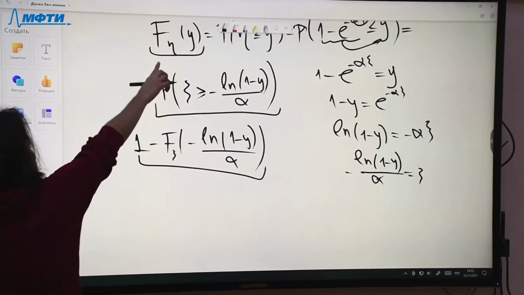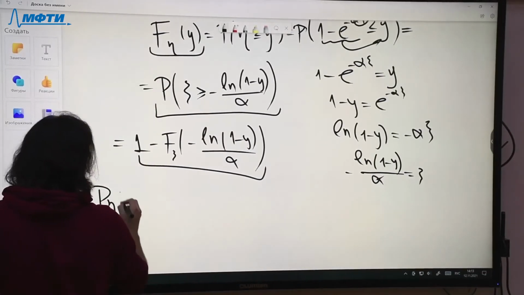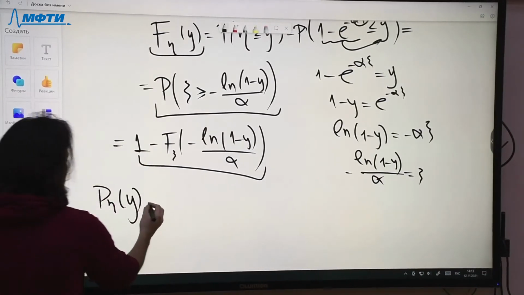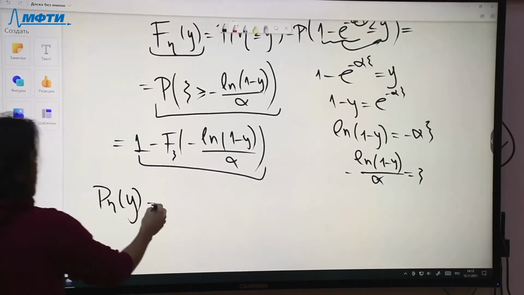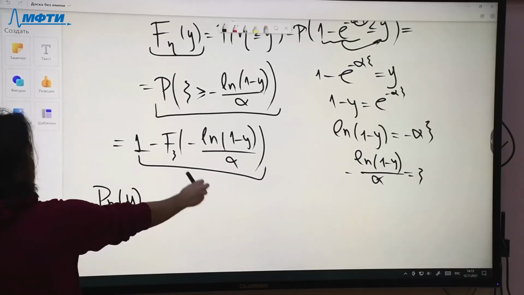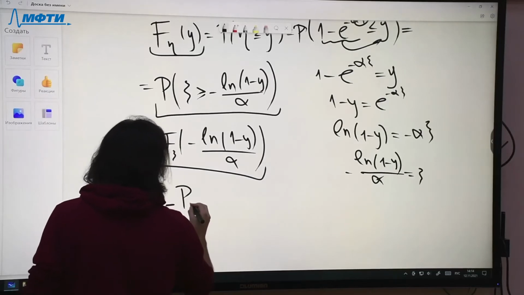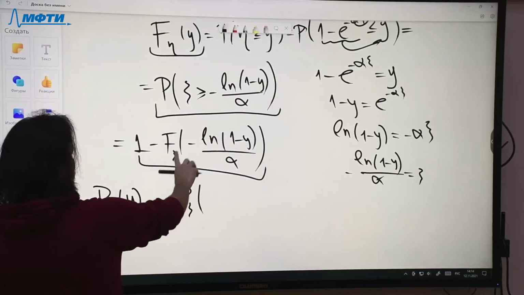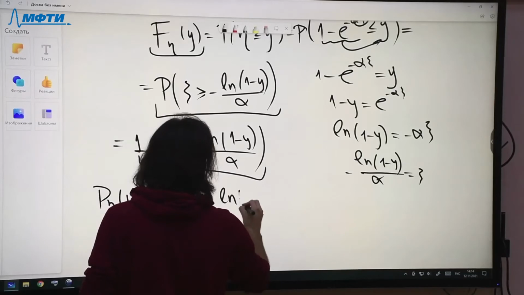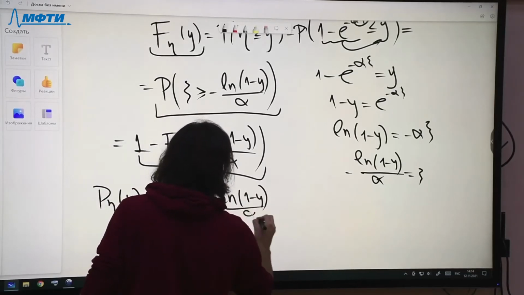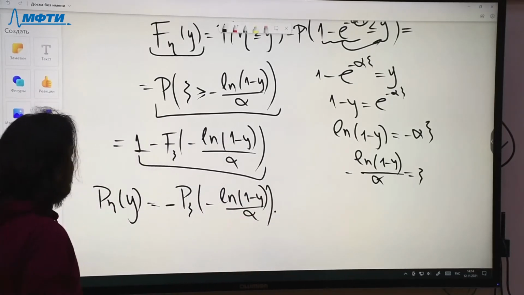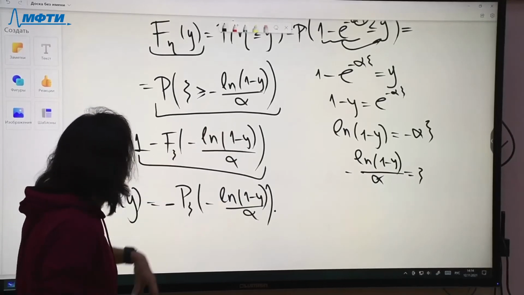So the derivative of this is just the density of eta, and then the derivative of this is going to be minus the density of psi on this point